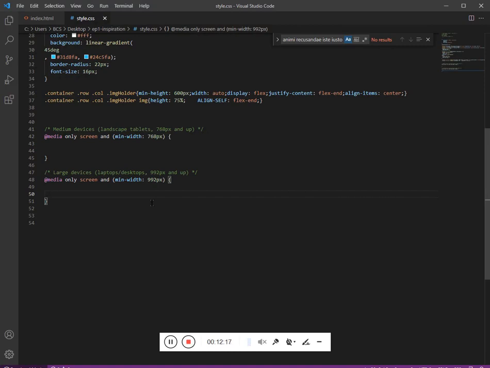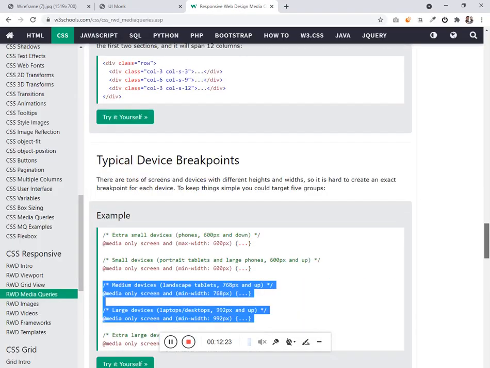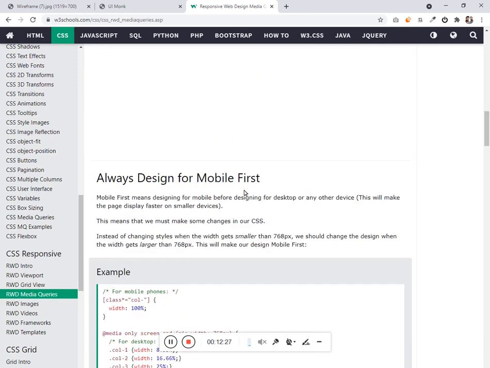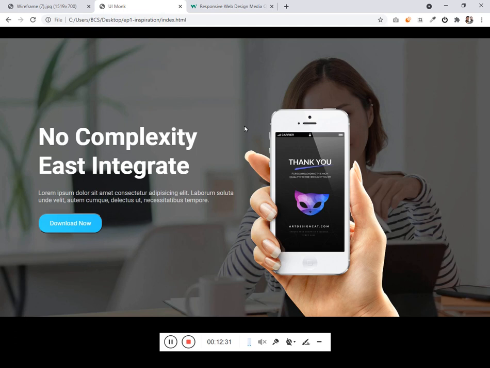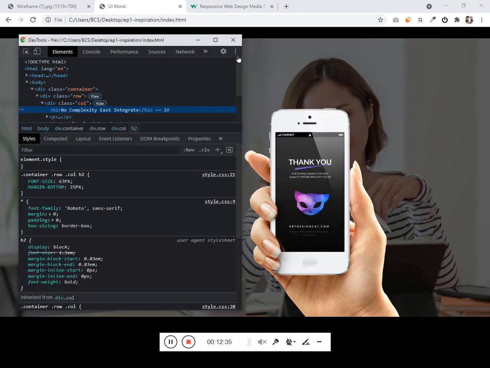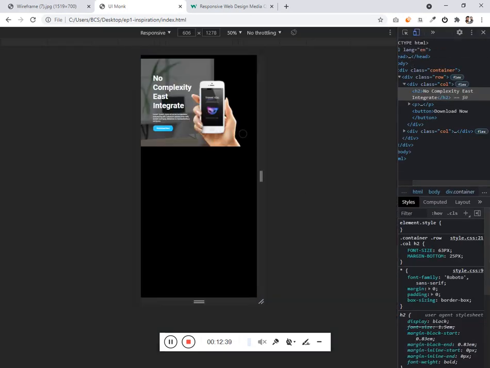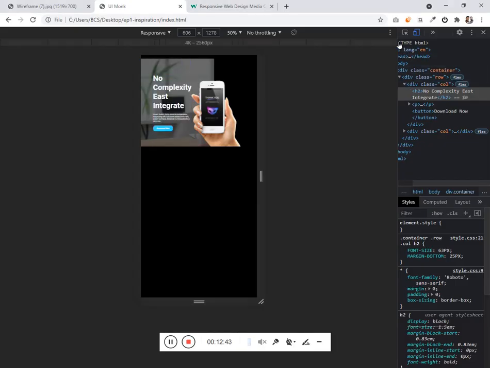And once we create, we have a concept called mobile first in the responsive section. So what this means is, whatever we design, we should design it for the mobile first. So let's first design this for the mobile view. So the very first thing,